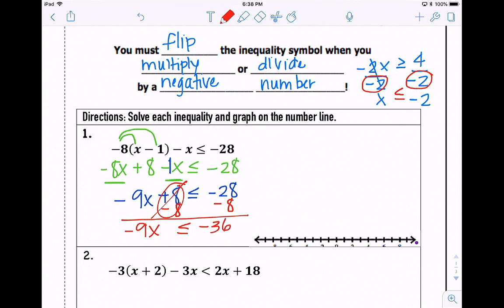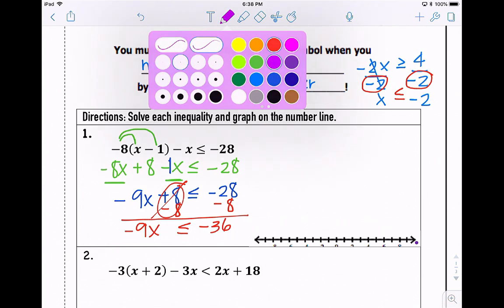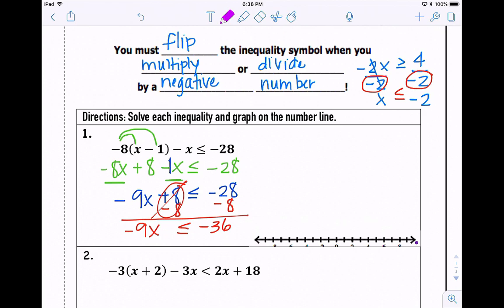And my last step is to multiply by the denominator or divide by the coefficient. So in this case, we're dividing by the coefficient. We have a coefficient on that x of negative 9. So we're going to divide by negative 9 on both sides. And when we divide by a negative on both sides, we flip the sign. So we're going to flip our inequality. So it's going to be x is greater than or equal to negative 36 divided by negative 9 is positive